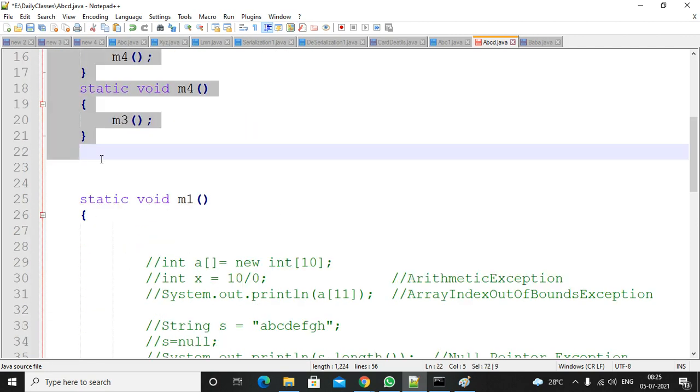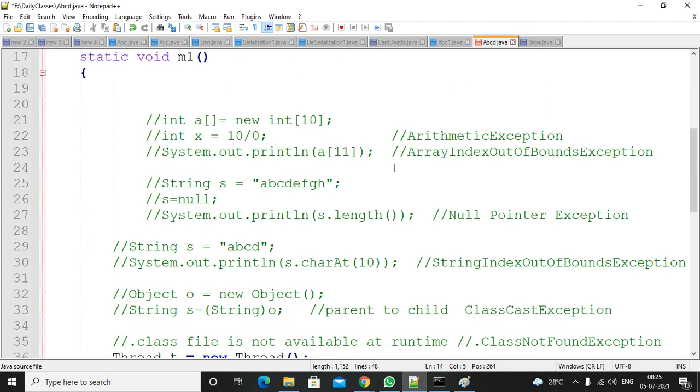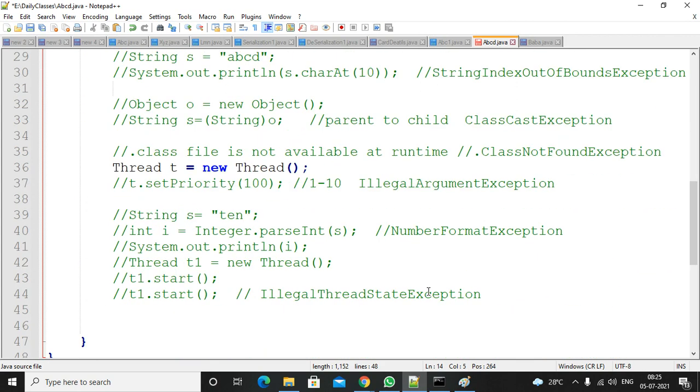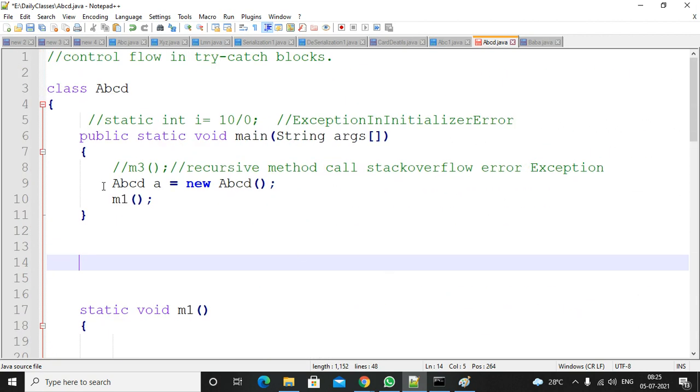In your program, if there is a chance to raise this many different types of exceptions, how will you handle them? So the question is, if there is a chance to raise different exceptions, not only a single exception, how will you handle them?